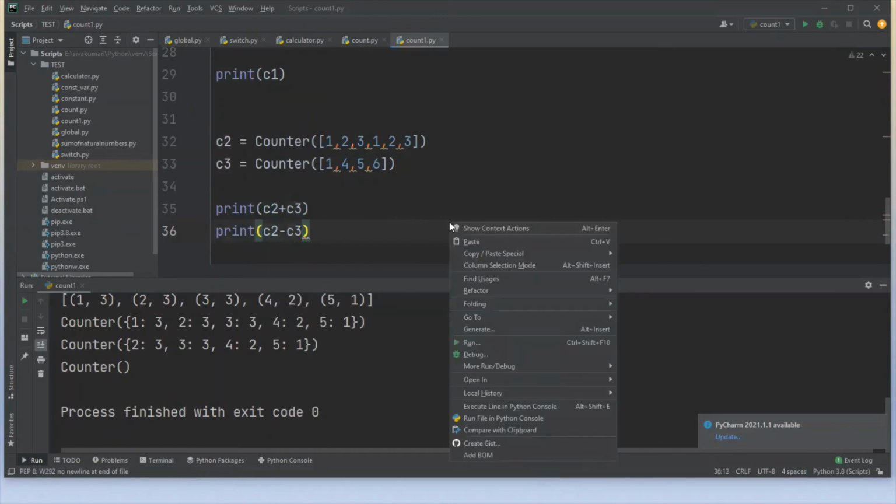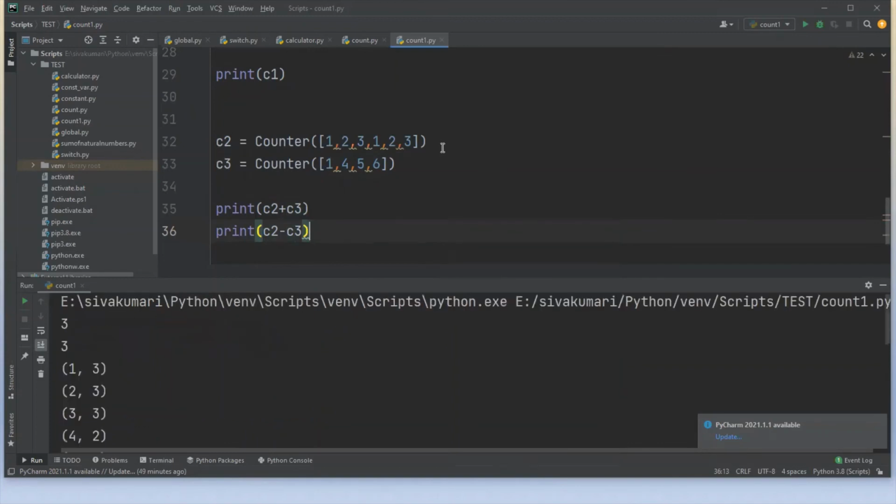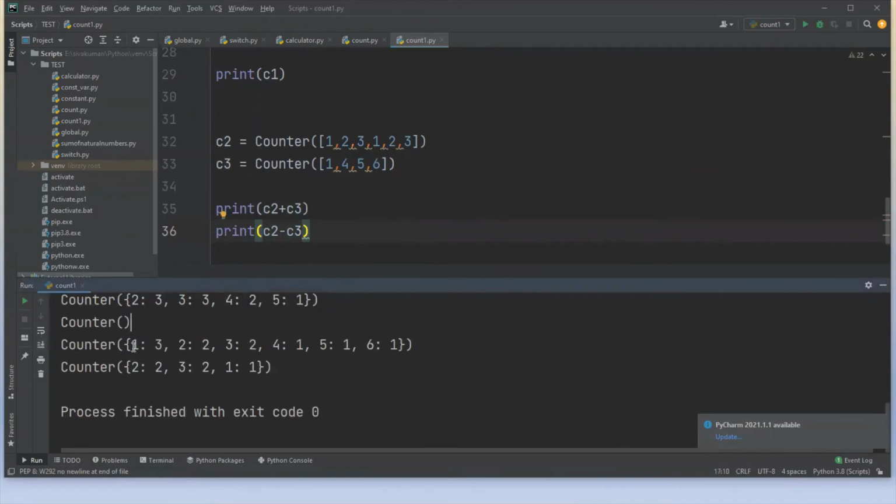Let me run this program. So the count of common elements is added when we apply the addition operation on C2 and C3. In the same way, the count of common elements is subtracted when we apply the subtraction operation on C2 and C3. So this is how we can perform arithmetic operations on counters.